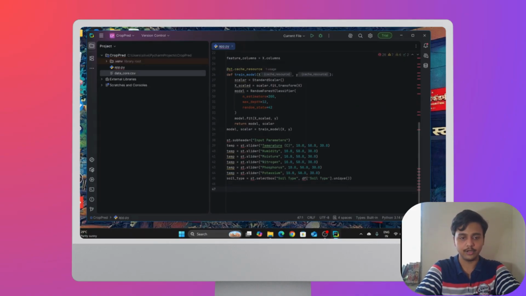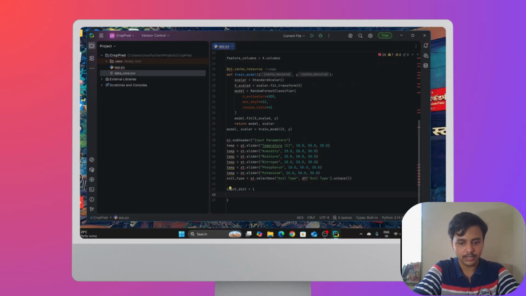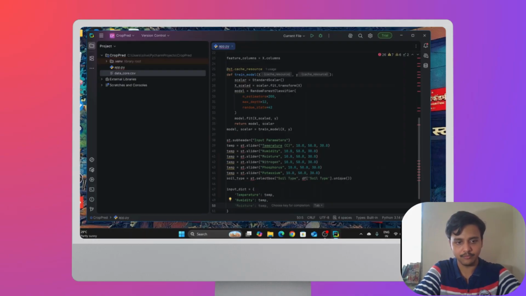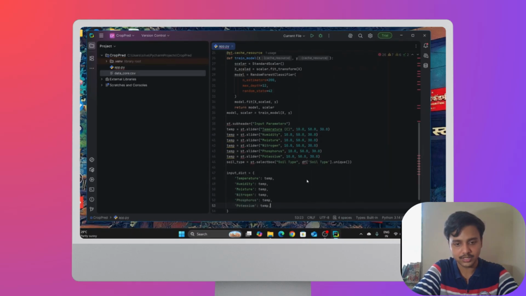So here I'm going to write input_dict equals temperature, then humidity, then the same for moisture, and then the same for nitrogen, then phosphorus and potassium.